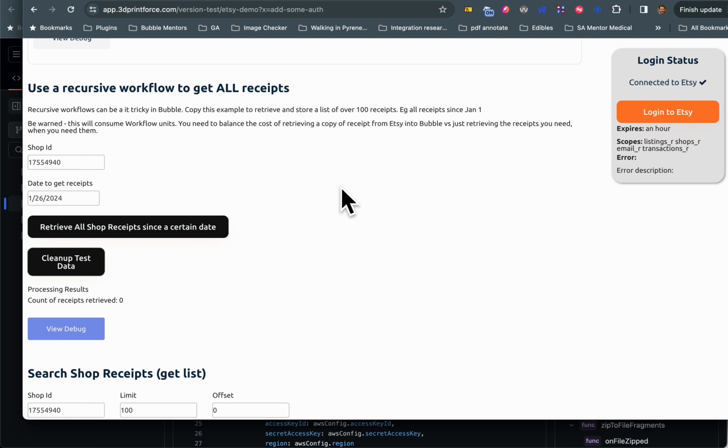My suggestion is, if you don't fully understand how recursive workflows work, and you're not familiar enough to understand and debug them yourself, I think you should get some expert help on that. And there's plenty of people who can help you with that. Because the risk is that